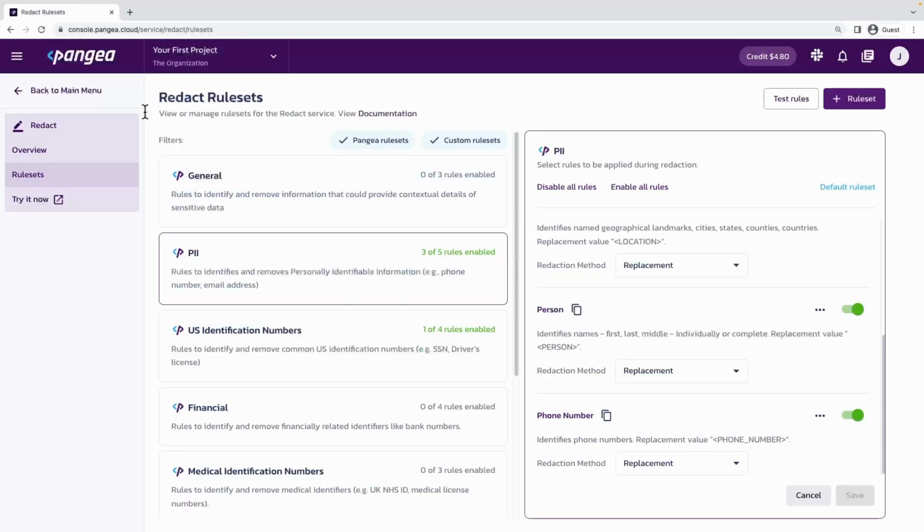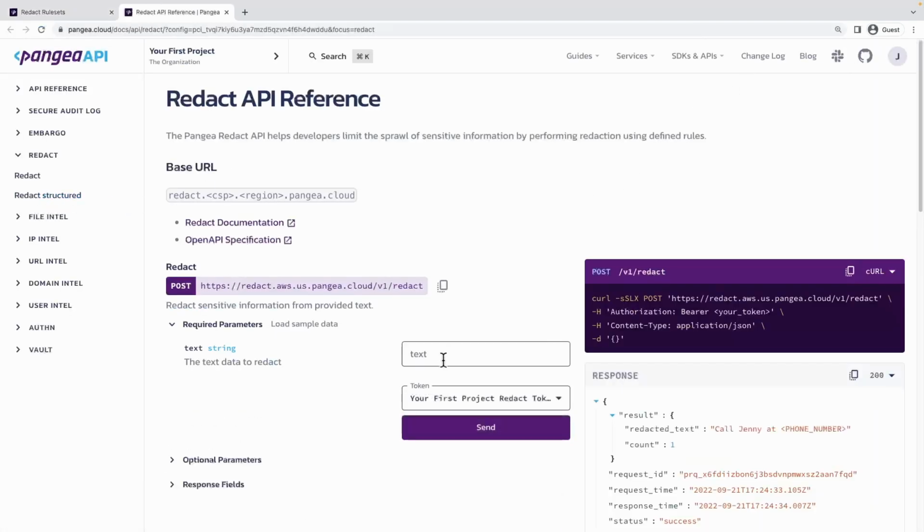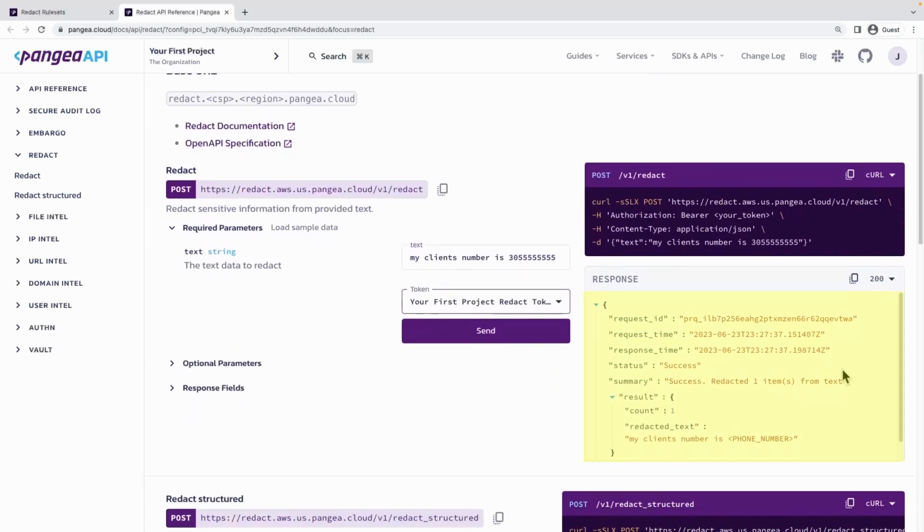To test using the actual API, click the Try It Now link to open the API documentation page. Because you're logged into your Pangea account, your project's tokens will be listed. Enter some sample text, for example, my client's number is, and a phone number in any format. You can send the request to the API to process and see the response directly from this browser widget, or